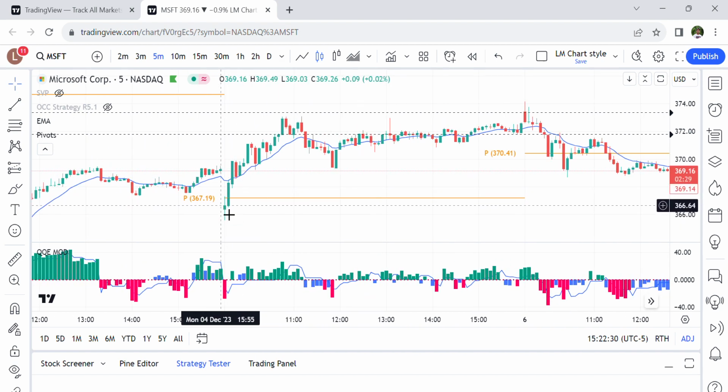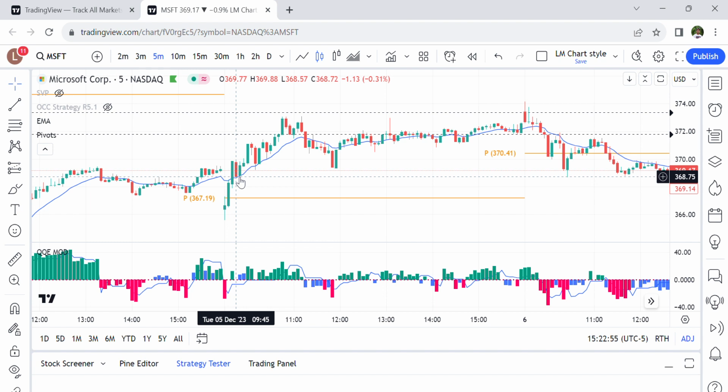If you see, yesterday we opened below the pivot point, and in the second candle itself it crossed above the pivot point, but it had not crossed the EMA line. As soon as it crossed the EMA line, I saw the QQE mod histogram was also above the zero line. So I enter my trade, possibly here, very near to